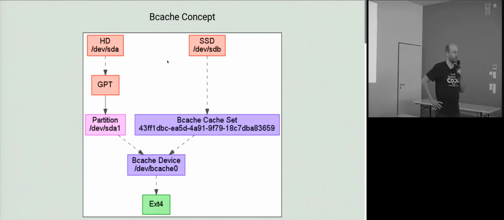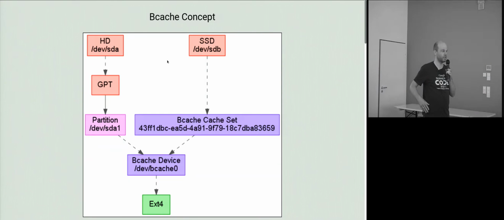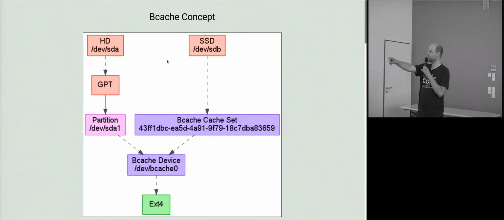Bcache is a cache for block devices. So the intention is you have one rotational hard disk, which is slow, especially for lots of seeks, and you have a small SSD, which is very fast, especially for random access. And then your common setup is, so suppose